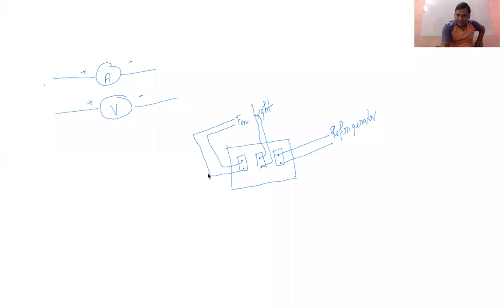We should cut the wire here, or in this circuit, meaning we should cut any of the wires. Let's say I'm cutting this one wire. Okay, the whole is deleted.